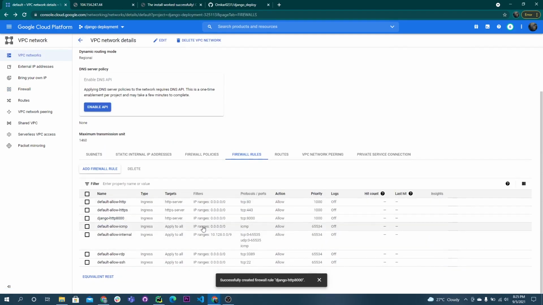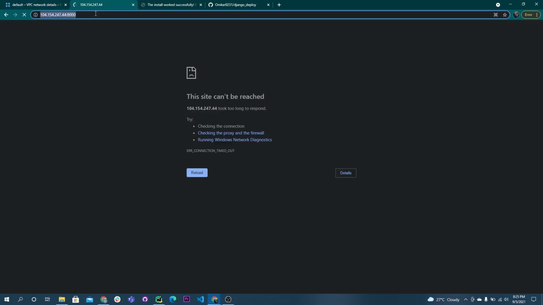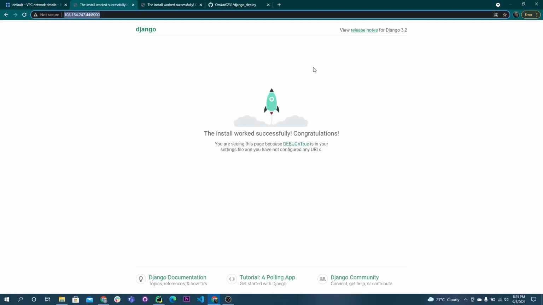Now the port 8000 firewall rule has also been activated. Let's reload the page and see if we can see anything. Wow, our Django project is running successfully on this IP address. You can access it from anywhere. But the other thing is that when you close the terminal, this project stops, just as in our local system. So for that, we need to use the Gunicorn and Nginx server, which continuously runs our project without shutting it down even after we shut down our terminal.